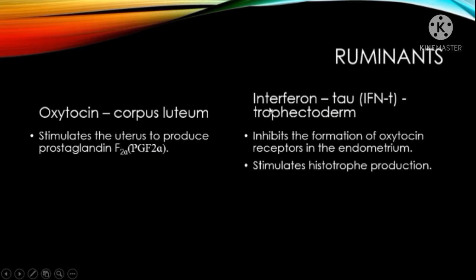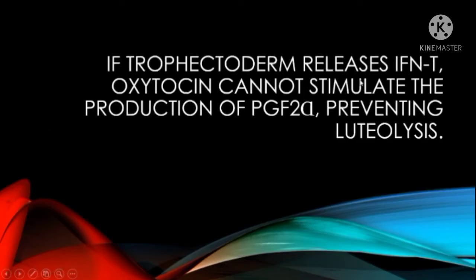However, the trophectoderm, upon contact with the endometrium, produces interferon tau, which inhibits the formation of oxytocin receptors in the endometrium. Interferon tau also stimulates histotroph production. This means that if the trophectoderm releases IFNT, oxytocin cannot stimulate the production of PGF2 alpha, preventing luteolysis,